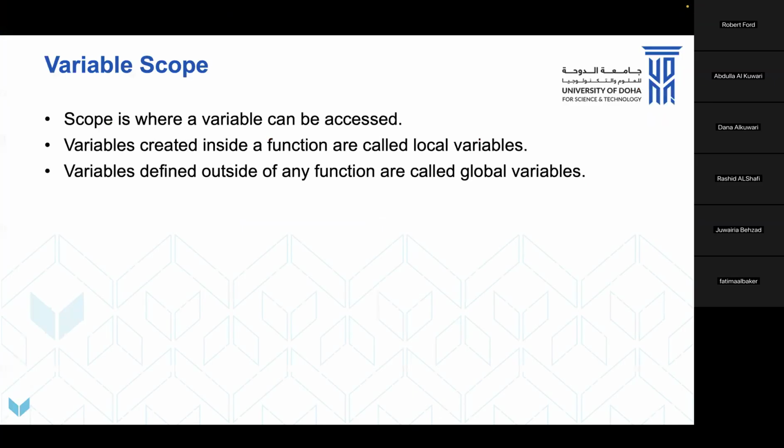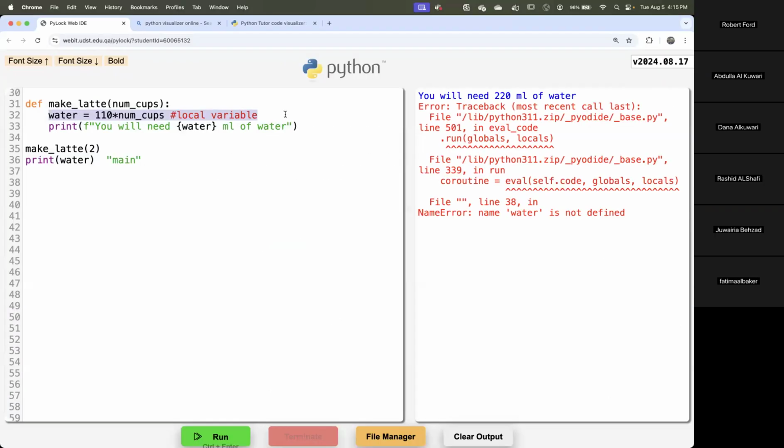Okay, let's get back over to here. So variables created inside a function are called local variables. Variables defined outside any function are called global variables. Okay, so now we need another variable. I'm going to make up this random looking thing. I'm going to call it milk, and I'm going to set milk equal to 200 for some reason. All right, clearly, if I say this,